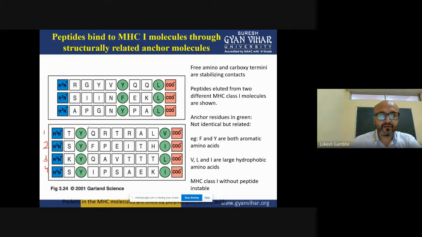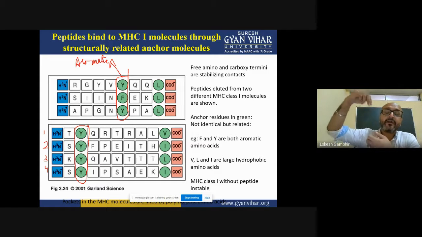What is common? The common is the presence of tyrosine residue. Here again, tyrosine and phenylalanine residue. So the presence of aromatic amino acid is responsible for the anchorage of peptide in the cleft. Anchorage of peptide in the cleft. And also, along with the aromatic amino acid, the hydrophobic amino acids like leucine, valine, isoleucine are also responsible